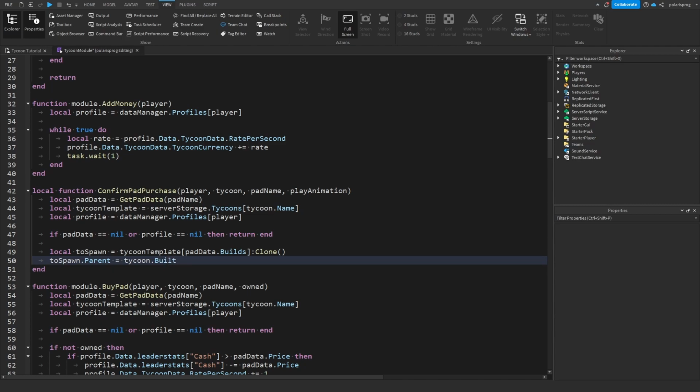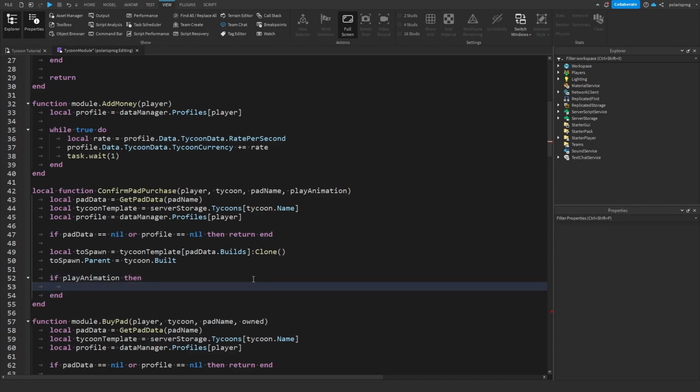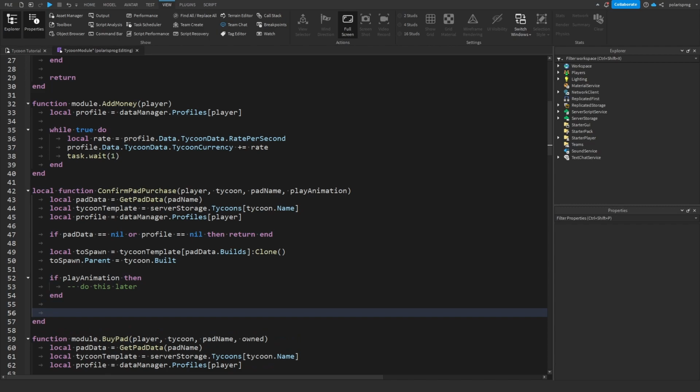Now what we're gonna do is we need to play an animation, but I'm not going to do that right now. So if play animation, then I'm just going to leave a comment here, fill this, do this later, just as a reminder. Now what I'm gonna do here is task.delay function. So task.delay 0.8 seconds,